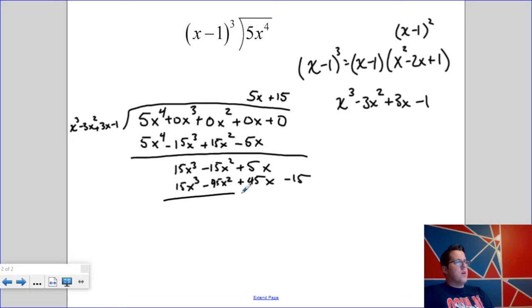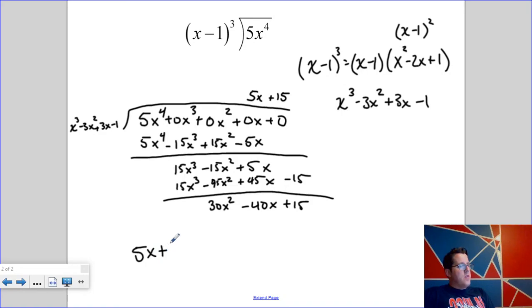This is a really good time to know your multiplication facts. So 30x squared minus 40x plus 15. So our quotient is 5x plus 15